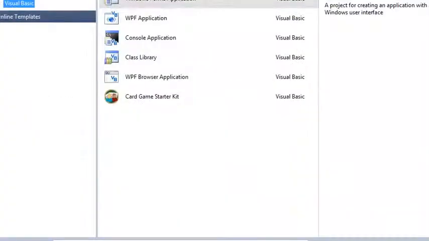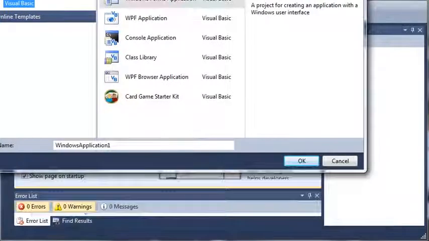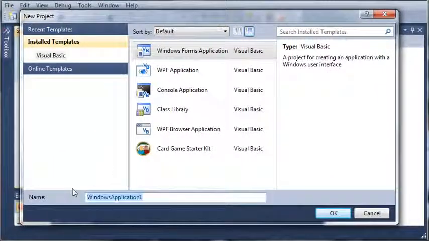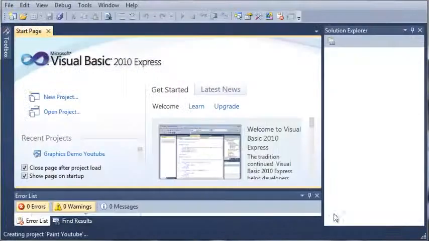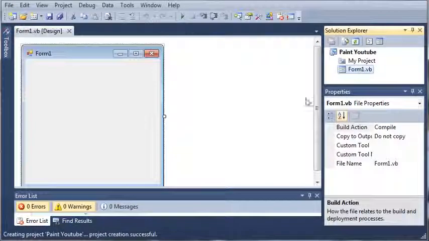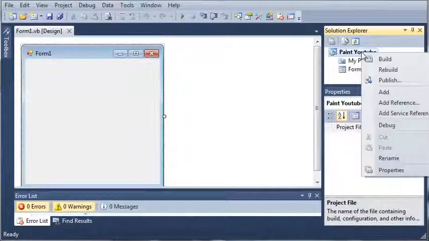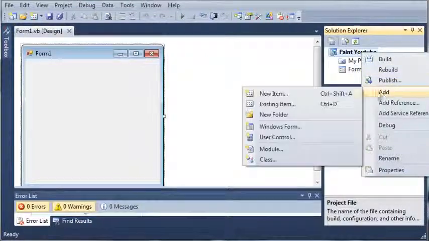So we'll create a new project. We'll select a Windows Forms application, and we'll just call it Paint, and I'll just call mine Paint YouTube because I'm pretty sure I've got another copy of a similar Paint program. So we'll go ahead and click OK and wait for that to load. So here's our Form 1, and what we want to do is right click on Paint YouTube and